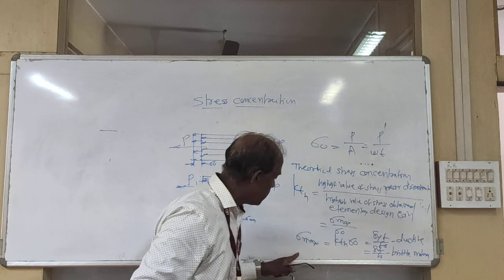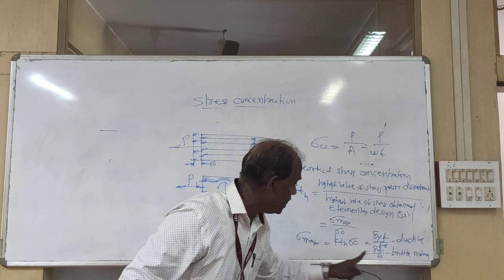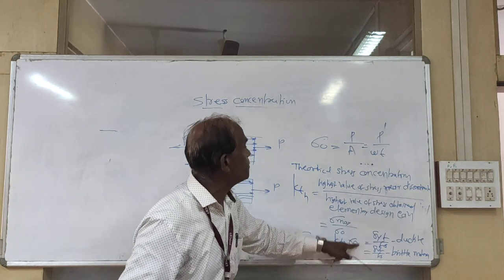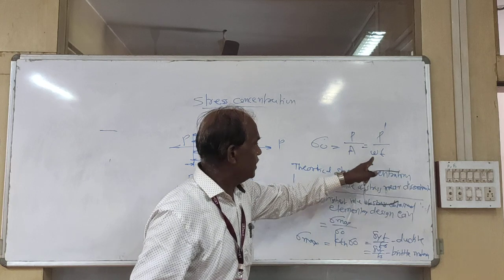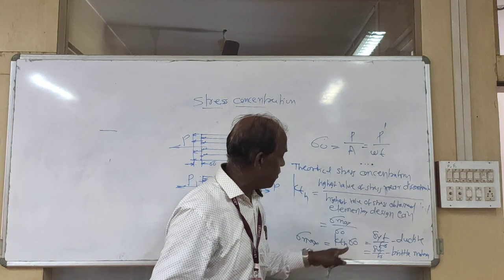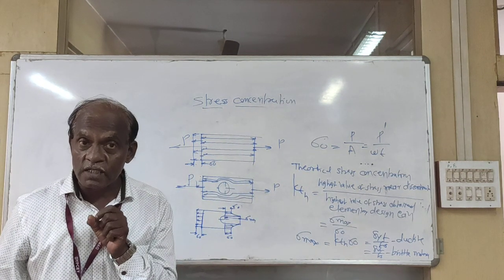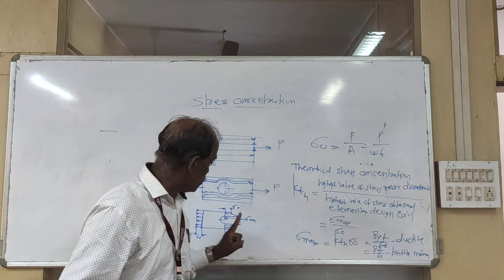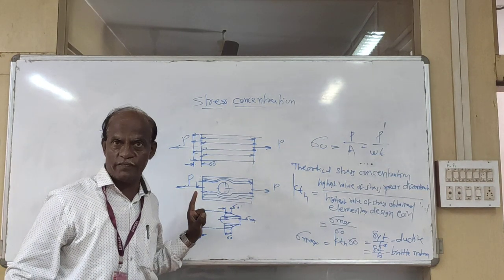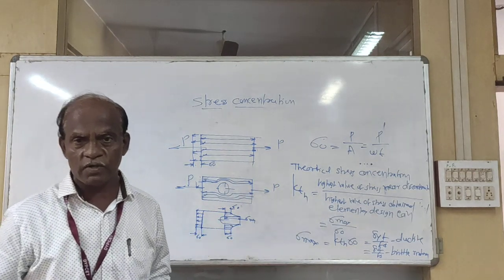Okay, so make use of the equation. You can find out this value sigma max from the material. The theoretical stress concentration factor is given in the catalog, and sigma max can be expressed by the expression. So in this case, the relation between W and thickness may be given, load is given, and from this you can calculate the geometry of the mechanical element. So stress concentration factor depends on the geometry of the discontinuities and the material. Okay, so now what are the causes of stress concentration?